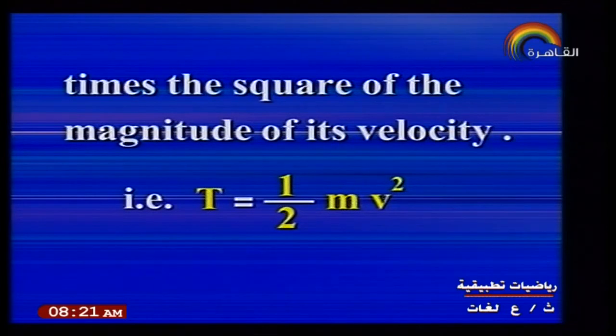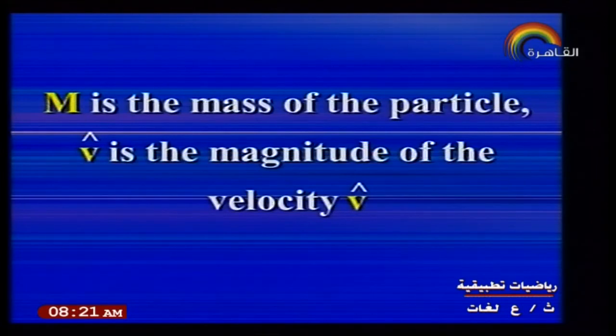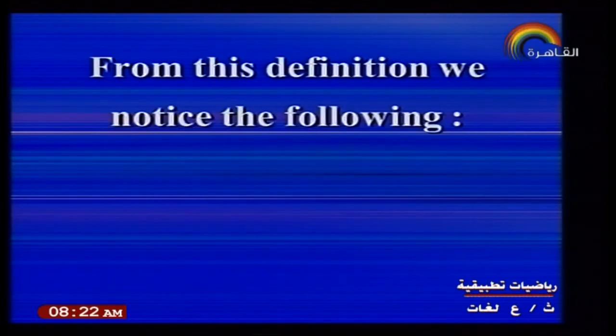Dear student, we have mass, its symbol m, and v, its symbol represents the velocity. Kinetic energy, represented by capital T, equals half multiplied by mass times square of the velocity. Dear student, note that m is the mass of the particle, and magnitude of vector v is the magnitude of the velocity. From this definition, we note the following. Number one,